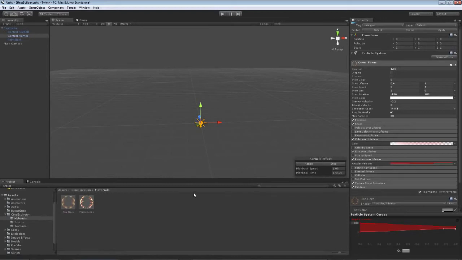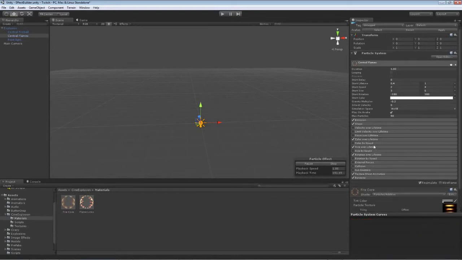So that's our rotation over time, and now the last thing we want to mess with here is our texture sheet. The only real difference here is that there are 8 frames of this texture sheet instead of 4. And then in our renderer, we're going to leave everything the way it is, except we are going to take flame licks and put that there instead of fire core. We're also going to change max size to be 0.5. Now if I stop this and simulate central flames, we can see how that looks a little bit different. So that's our central flames,